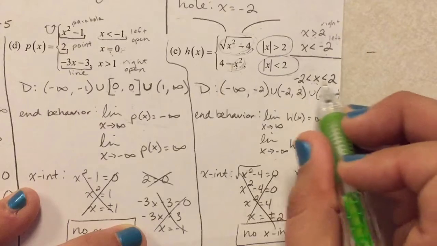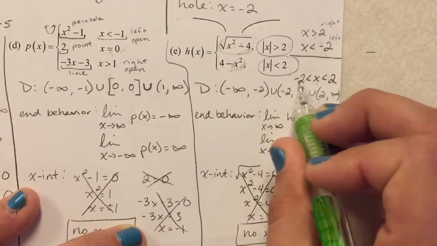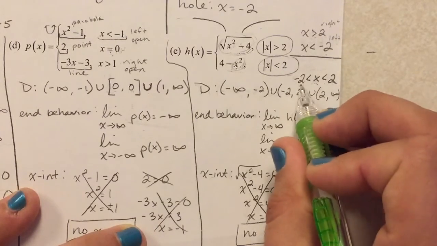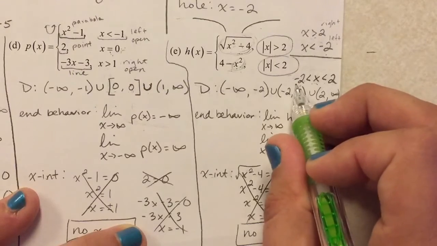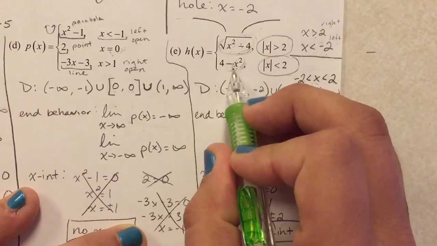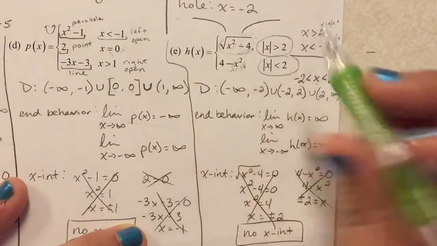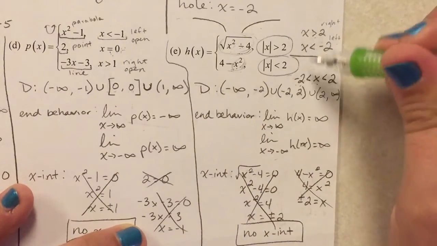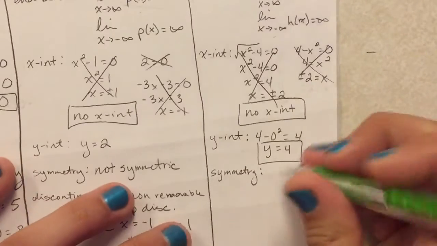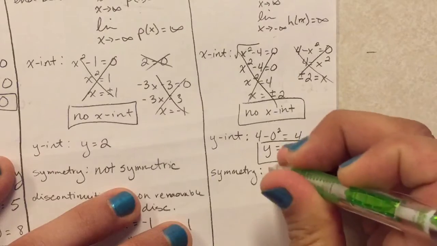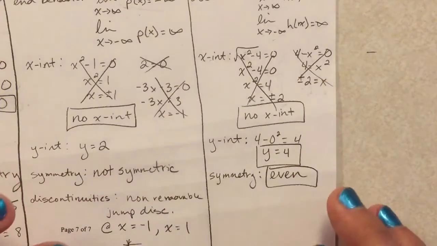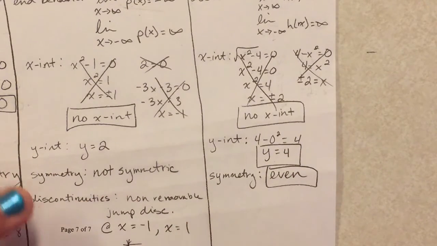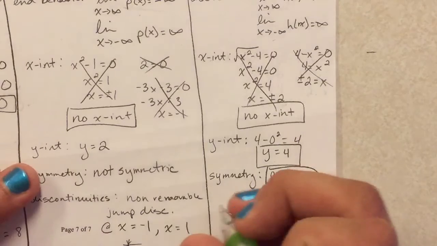So since the section that we're dealing with is equal on either side of the y-axis, because we go 2 to the right and 2 to the left, since this piece is symmetric and this piece is symmetric and the endpoints that we're dealing with are symmetric, this has an even symmetry. And if you graph that on the calculator, it'll be really, really easy to see. And then as far as discontinuities go,